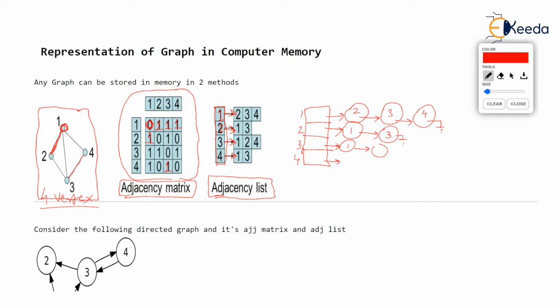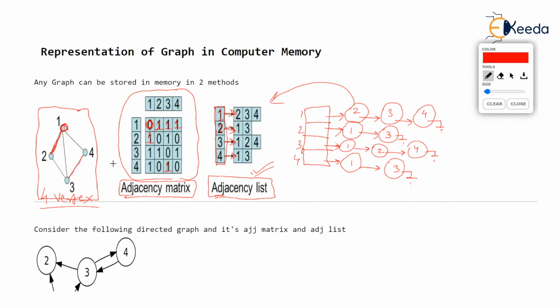And finally, fourth vertex. Just check fourth vertex. Fourth vertex is adjacent only to 1 and 3 because there is an edge from 4 to 1 and 4 to 3. Hence, fourth list is going to have only 1 and 3. So this is exactly the list shown here. I thought of again producing it for explanation's sake, but this is how you draw adjacency list or you represent adjacency list for the given graph. Okay, let's revise this.